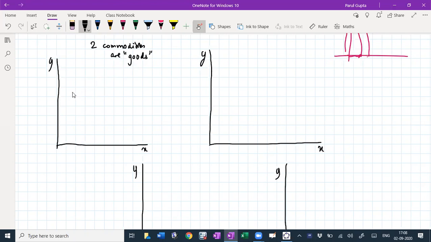So to do this, we're going to do an activity. Let's say I start from this bundle and I want an indifference curve that shows me all bundles or all points which give me the same utility as this bundle. Both commodities are goods. Let's say this point gives me a utility of 1. I'm just taking some number that I like. If I move a little bit to the right of this, will the red point give me higher utility or lower utility than the black one?